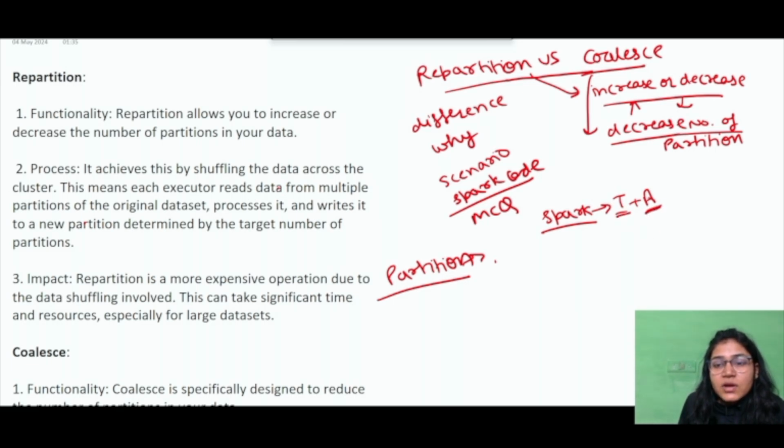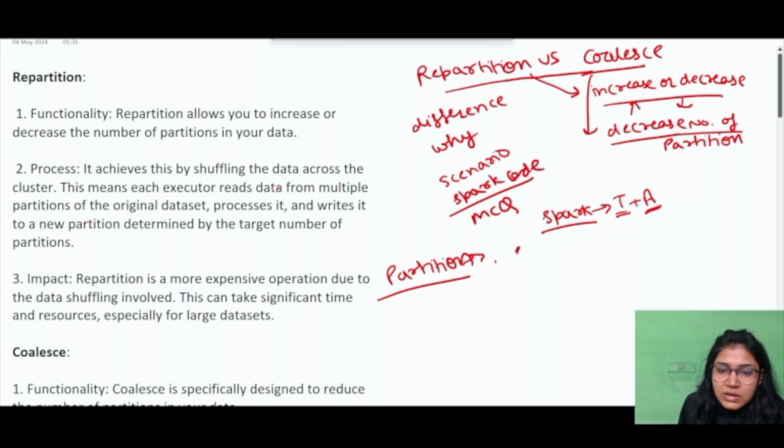And an action is when you are actually specifying that you want your final output. It can be that you are saving your output data set to some destination, or you want to collect some sample data just to see the final output. So any action is the final point, the final output that I am expecting from all the business logic transformations. So your Spark code generally consists of transformations and actions, right?